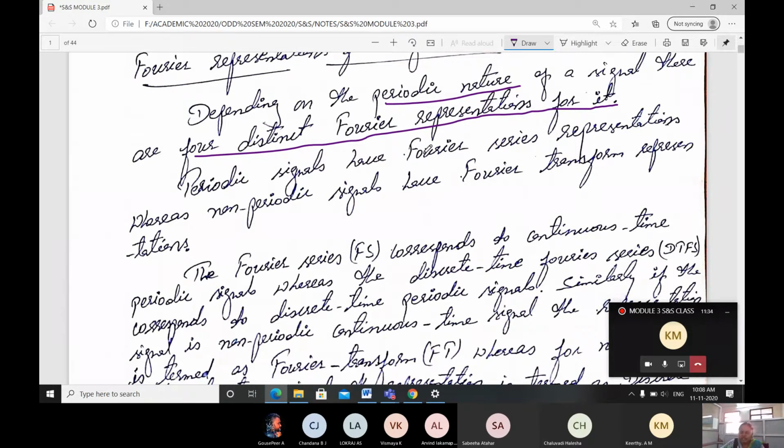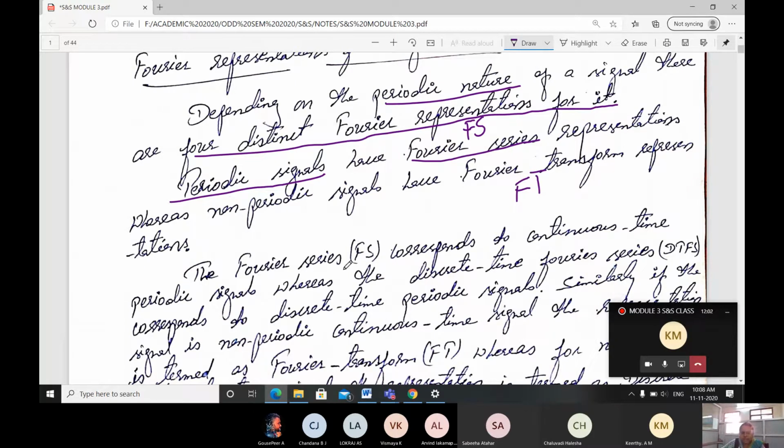Periodic signals have Fourier series representation, whereas non-periodic signals have Fourier transform representation. Periodic signals are Fourier series, FS, and non-periodic signals are Fourier transform, FT